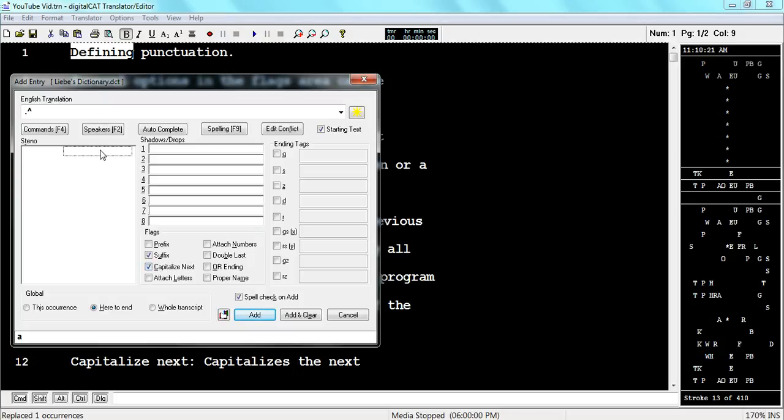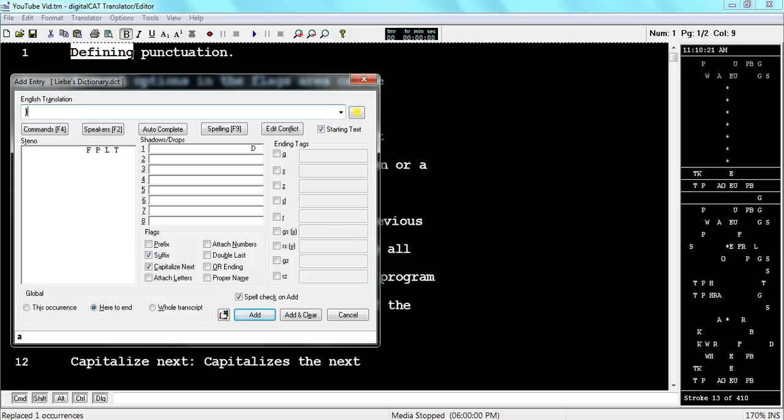Go to your steno and put in whatever you use as your period, and make sure whatever shadows or drops you want to insert there, like if you catch that D sometimes or whatever. Once you have that all, you can add it to your dictionary. You are going to use this same method to define the question mark and the colon. You will use the same method with the exception of the hard space to define the close parentheses and your